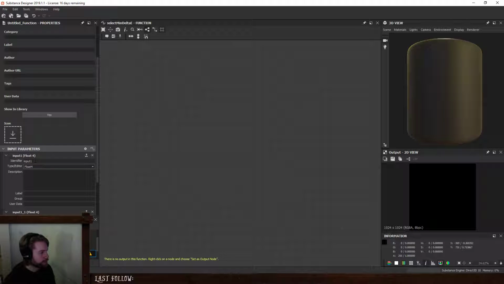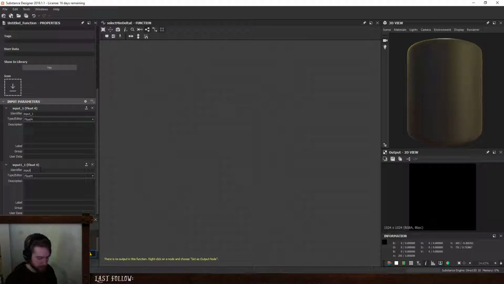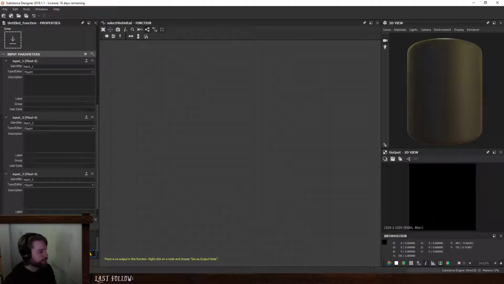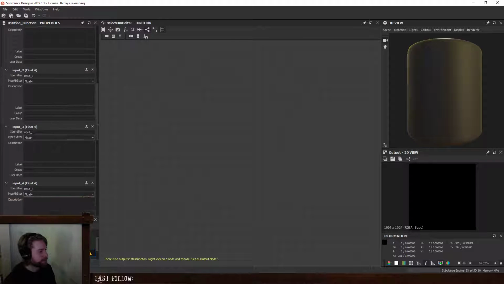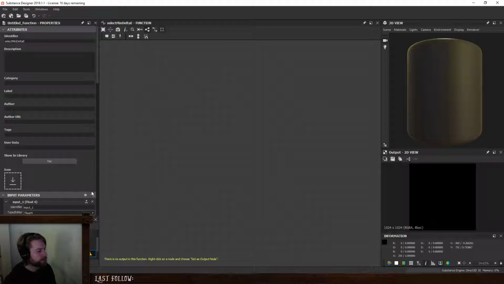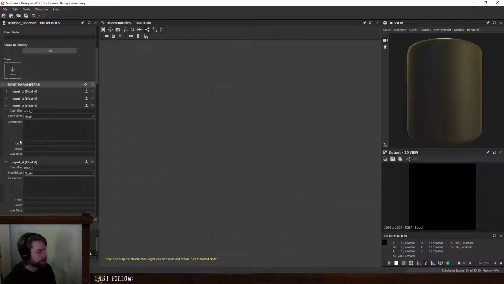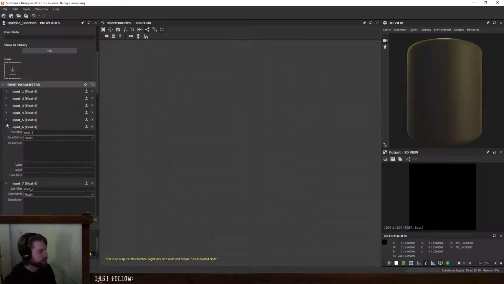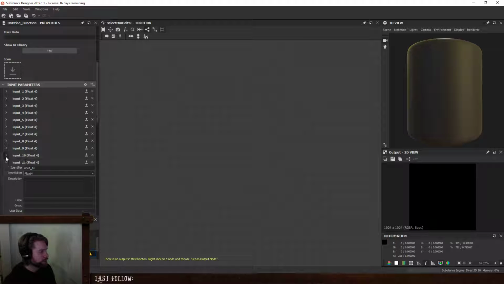Okay, I guess this is going to be input 1. This is going to be input 2, because I don't really want to rename all of them. And then one more. Okay, so now we have 16 float